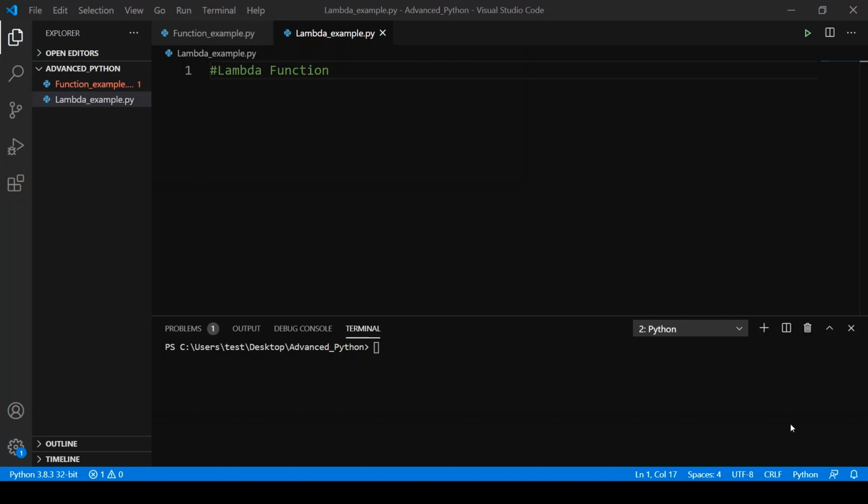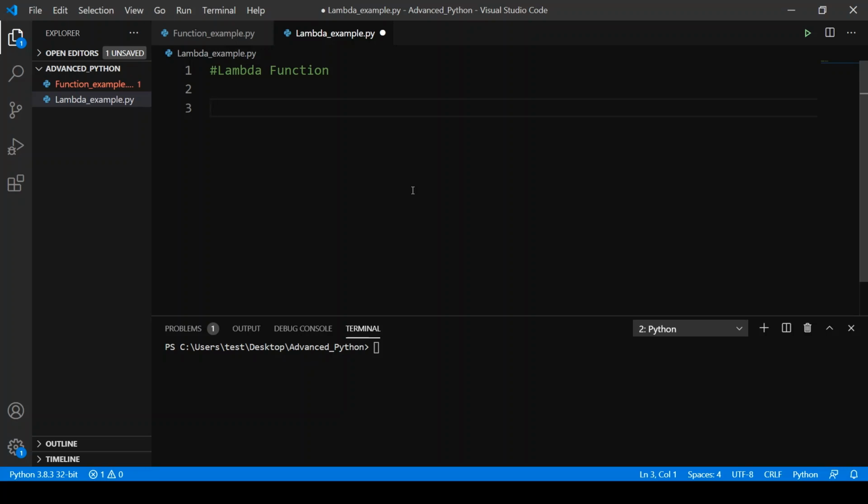So Lambda function or anonymous function is a function without a name. It behaves similar to normal function, but syntax is different. Let's see this with an example. So first, let me create a method with the def keyword, and then I'll convert the same to Lambda expression.